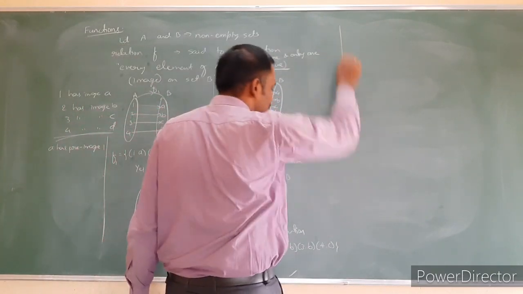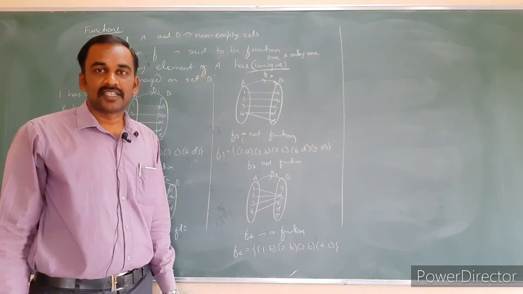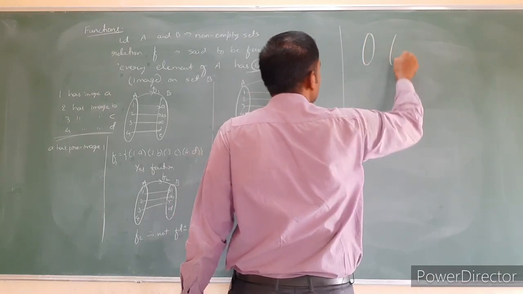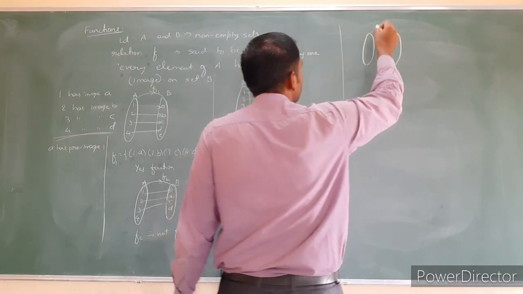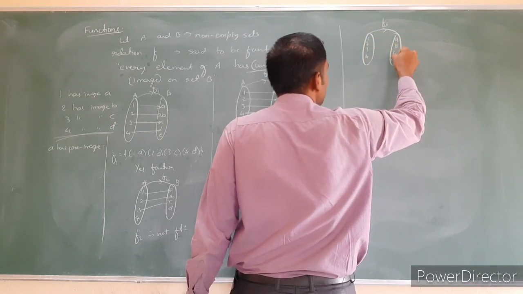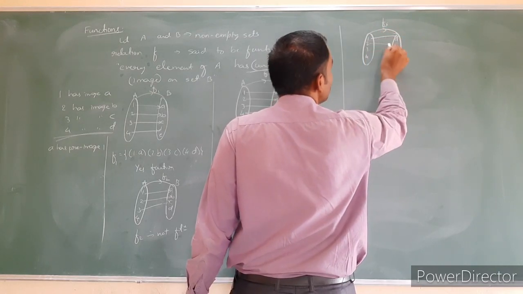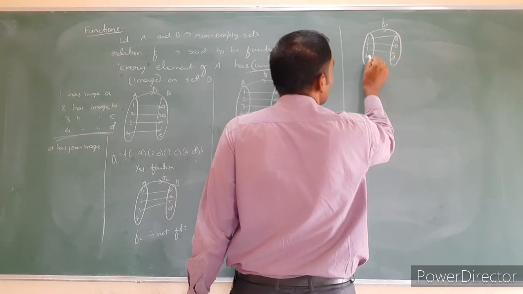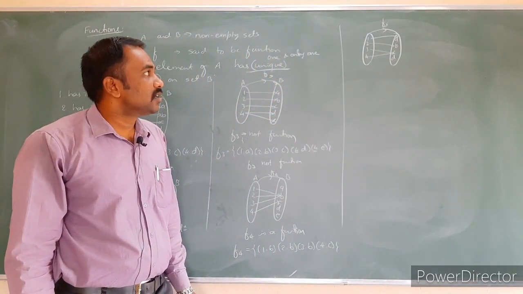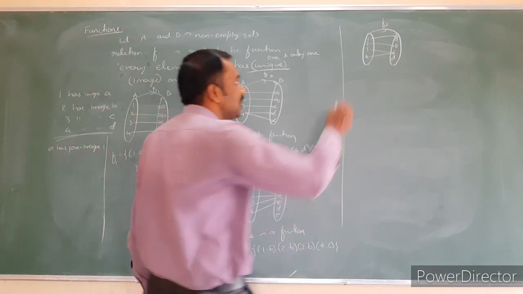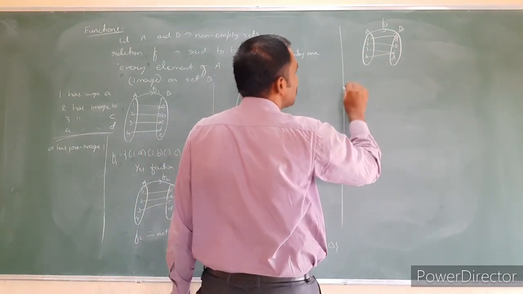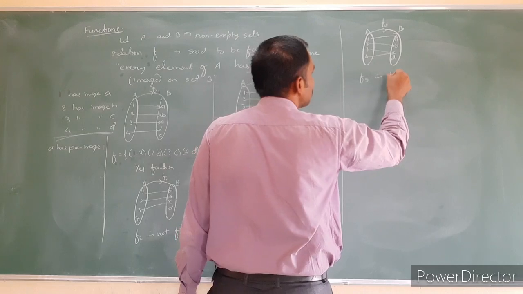Now I will write a few more examples. Tell me whether it is a function or not a function. Next, one more relation. Previously F4 is over, now F5: 1, 2, 3, 4 and A, B, C, D. Now 1 is related to A, 2 is related to B, 3 is related to C and 4 is related to C. Whether it is a function or not a function? Every element of the set A has a unique image. Yes, obviously it has unique images, therefore F5 is a function.